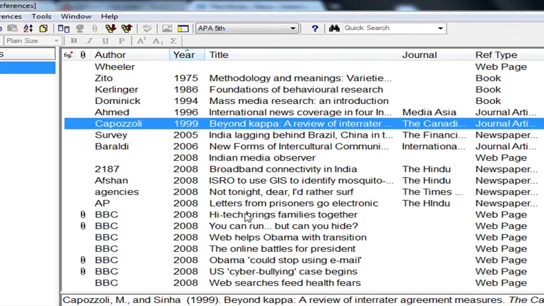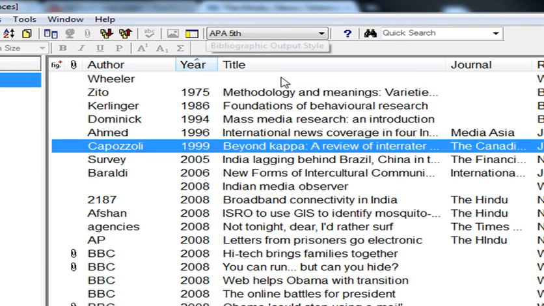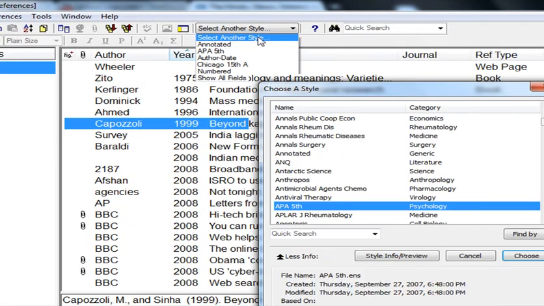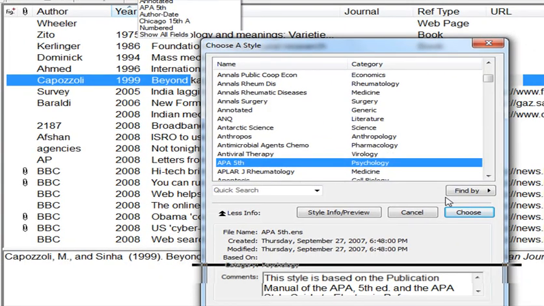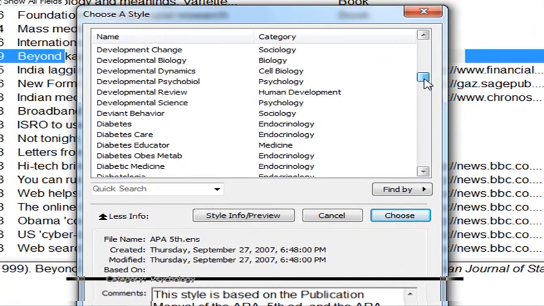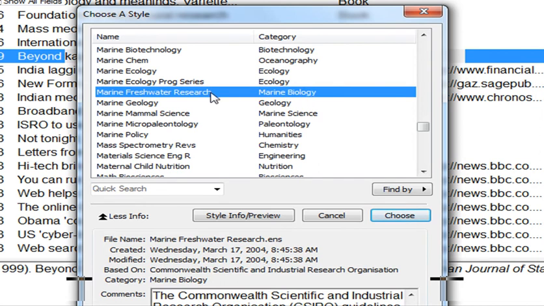For example, I want to have some different reference style for this reference. Then I would click select another style. EndNote gives you around 2500 styles like this, which are available in the library. Like marine biology defines a particular referencing style.